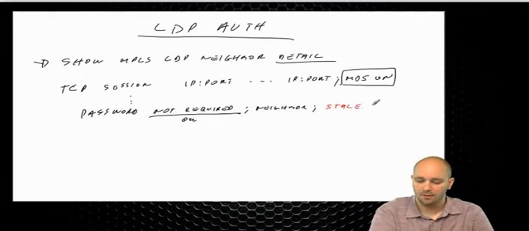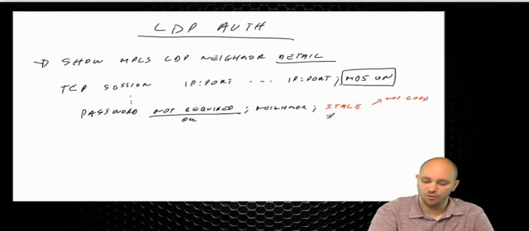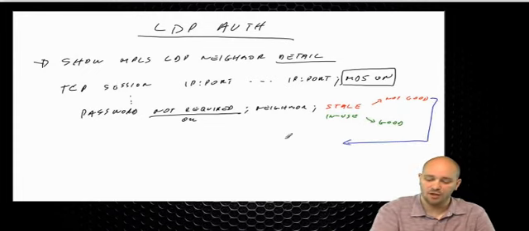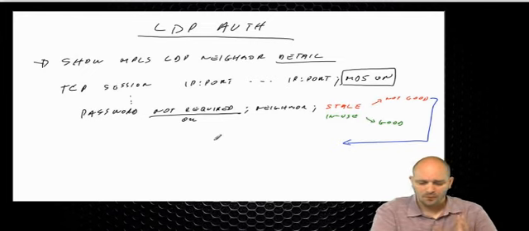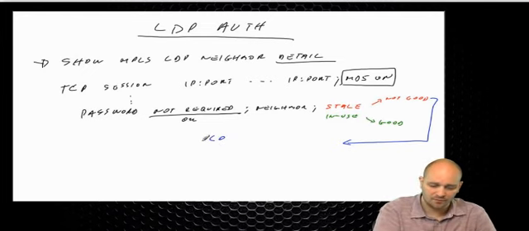Stale, which means not good, or you are going to have in use, which is good. Now, if you have stale, if this is the case here, that means that the configured password, or I should maybe say was configured,